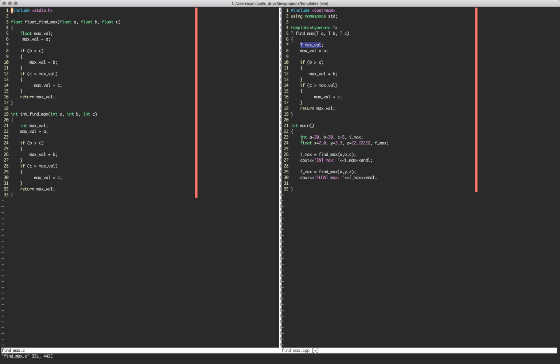So if we look at the main function, you can see I declare 4 integers, I declare 4 floats, and then I call find max, right? And I call find max with my integer variables, and I call find max with my float variables. Now the compiler is smart enough to understand that I'm calling it with 3 integers here, so when it's compiling it basically copies our little function that we wrote here, and then it rewrites it to look exactly like our int find max function down here because it knows we were trying to use integers there,